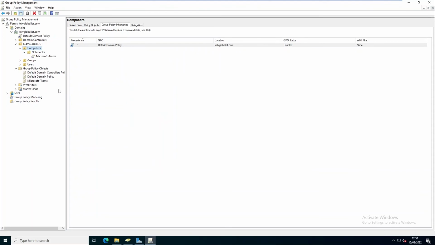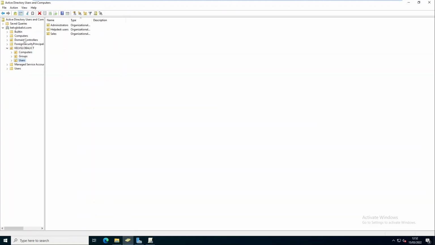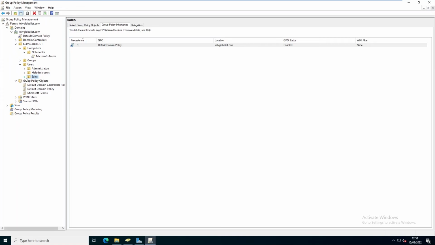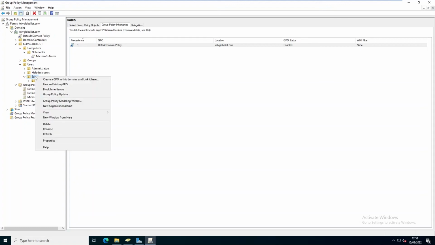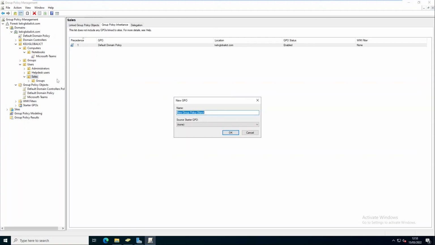And then next, we want to create a GPO for the following users: sales. So if I go back again to my Active Directory Users and Computers and go to sales, you can see I have a user here called Nora Lisout. So now I want to create a GPO to make sure that the user is not able to modify some of his desktop settings, and also that the recycle bin is removed from the user's desktop, and the user should not be able to use control panel. So let me just call this